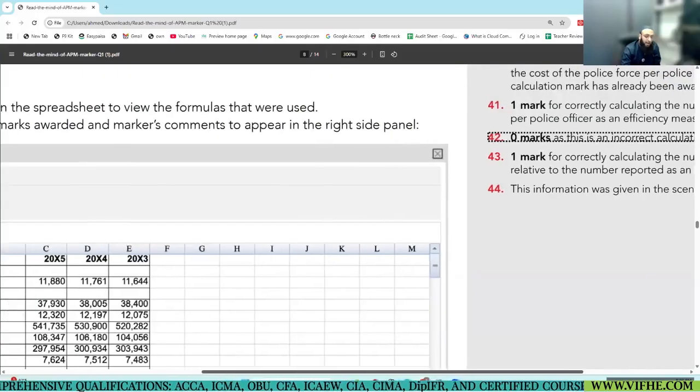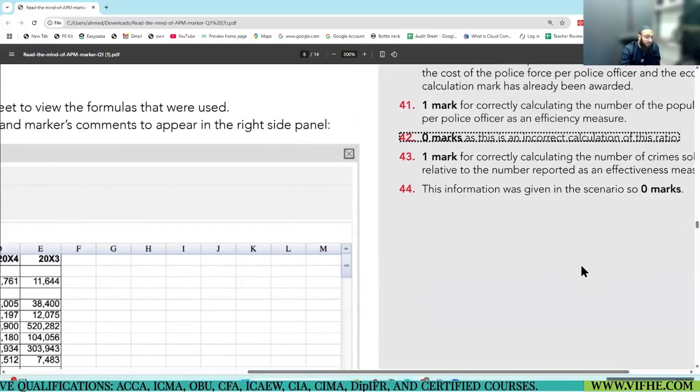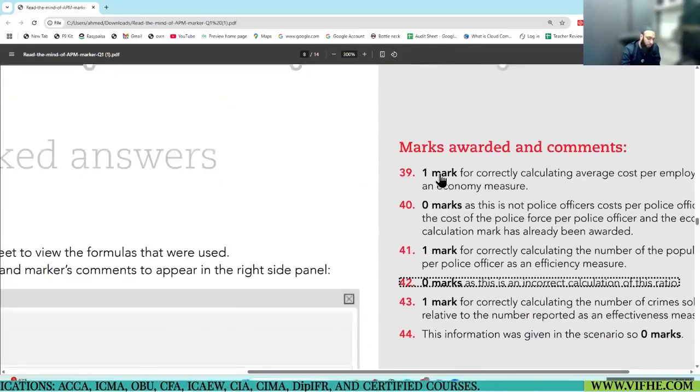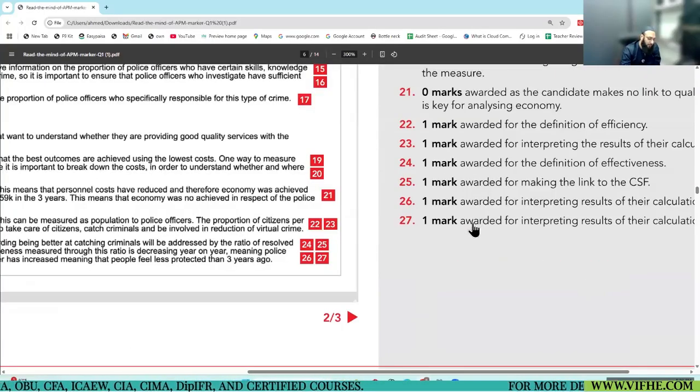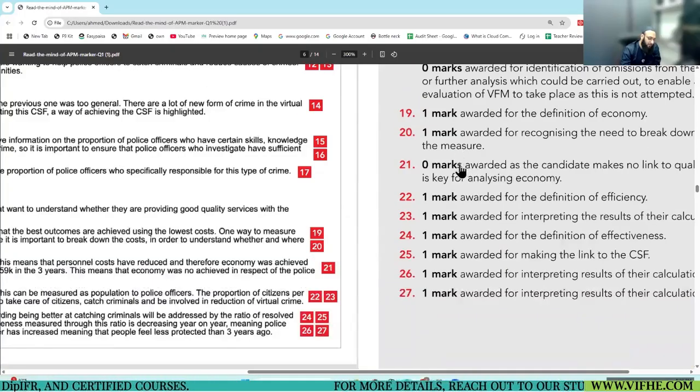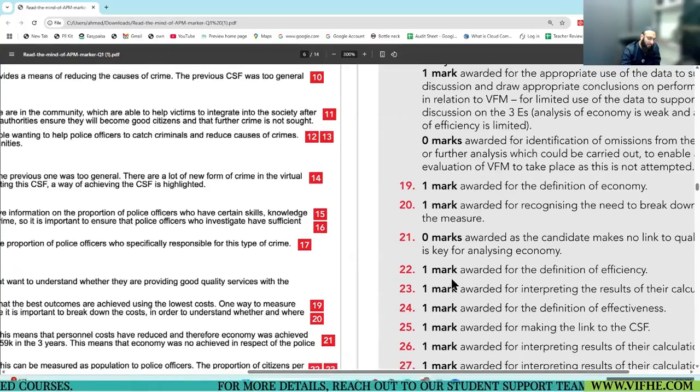All right, how many marks in this part? This student secured 1, 2, 3, 4, 5, 6, 7, 8, 9, 10, 11.